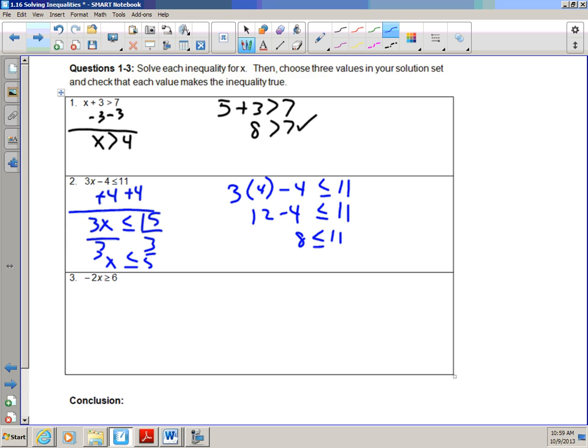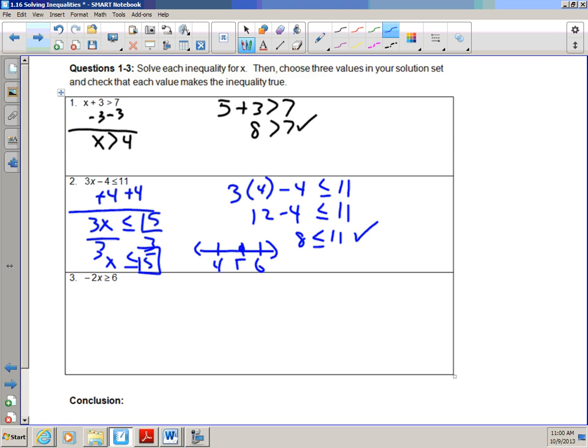Is it a true statement? Yes. Now, one of the key things to be careful of, when you are choosing a value to substitute in to check if your inequality is correct or not, never choose the value that you came up with as an answer, for example, 5. Because when you shade this